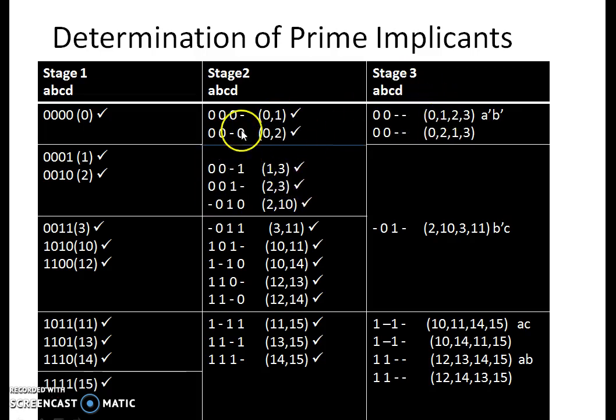So this is how you have to make a comparison and put a tick mark for those combinations. Next, one more combination is possible. 0, 2 and 1, 3: hyphens match and there's a 1-bit difference. You get this. But if you just observe, it's the same minterm group. Only thing is the order is changed. That's all. So you can eliminate one and retain one. Then I compare the second and the third section.